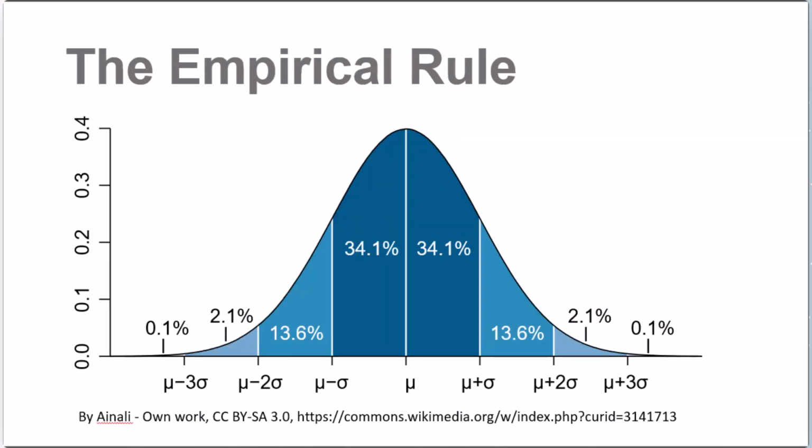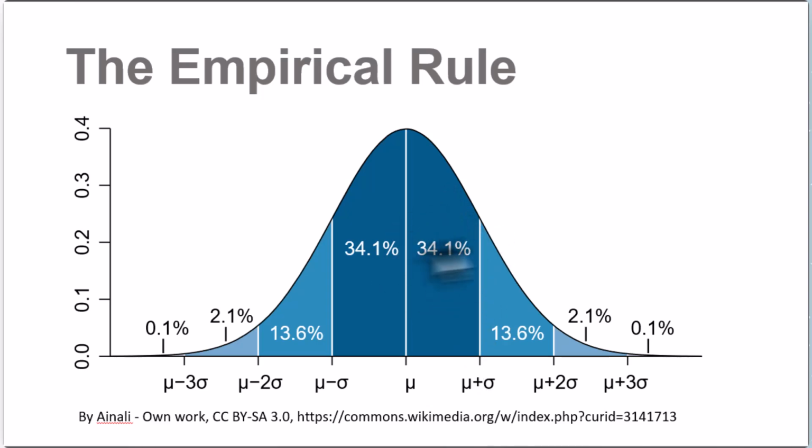Another commonality of the normal distribution, no matter what the mean and standard deviation are, is the proportions of how much area, or how much data, or how much probability is represented by different ranges. The graph I'm showing on the screen is a representation of what we call the empirical rule. If I consider the mean of my data right in the center, at the peak, and look at an interval from the mean one standard deviation away, so the mean to the mean plus sigma, whatever those mean and sigma values are,